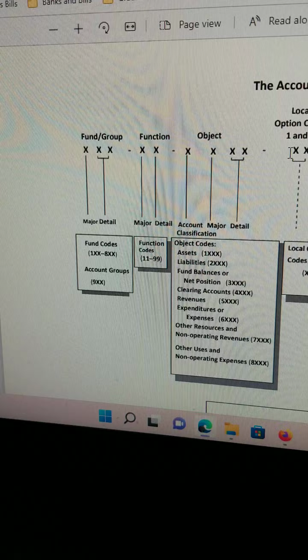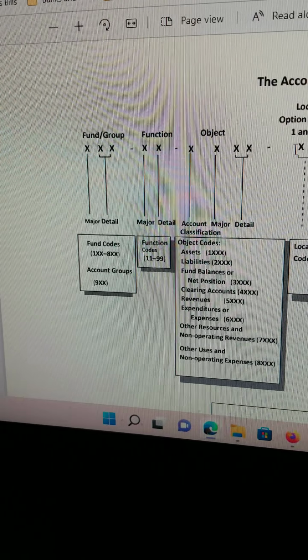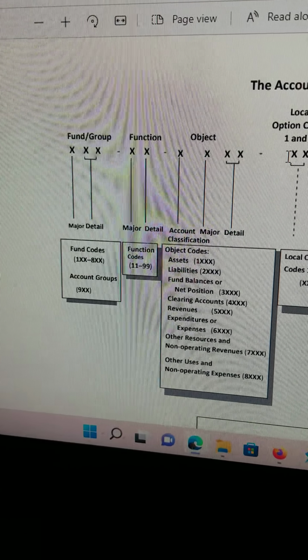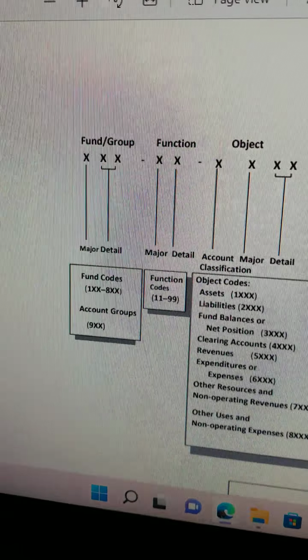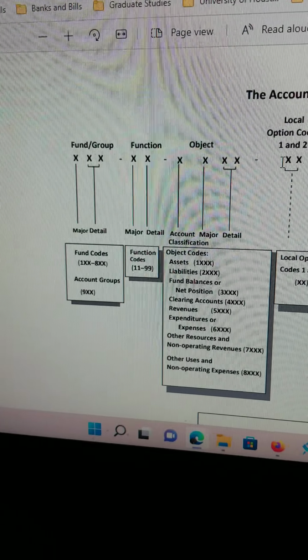All right, so we're gonna pick up again right here. So you can see here, I'm gonna zoom out. And so this accounting code structure is when, after you develop your budget and you get into the nuances of looking through your budget and the documents that contain how you can spend, or what you can spend rather, these